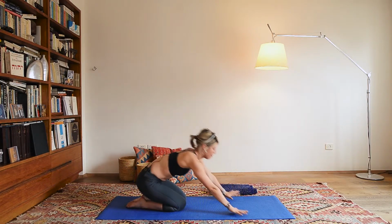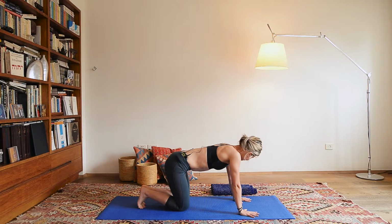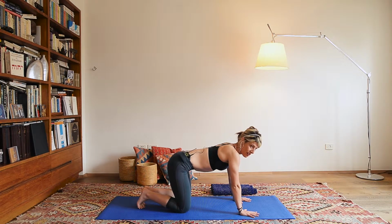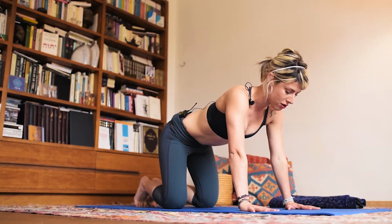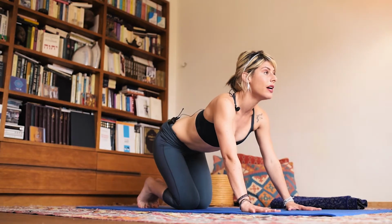Yogi hands, 10 fingers. Middle fingers line up with the sides of your mat. Why is this important? Because if we're bearing weight on our wrists, we want to bear it on the inner parts of our wrists and not on the external. So when our middle fingers are aligned with the sides of our mat, it's a better foundation,